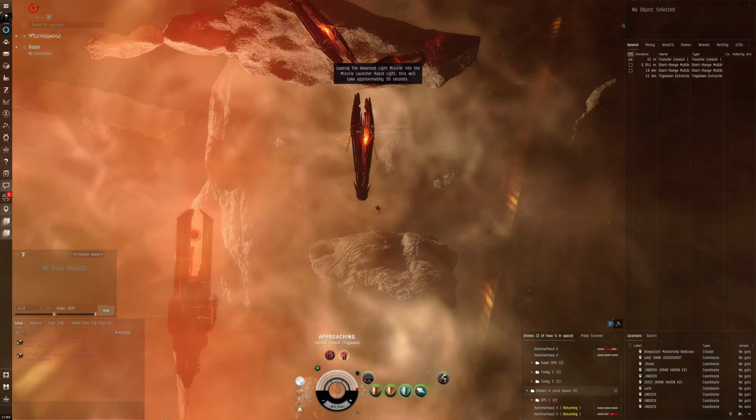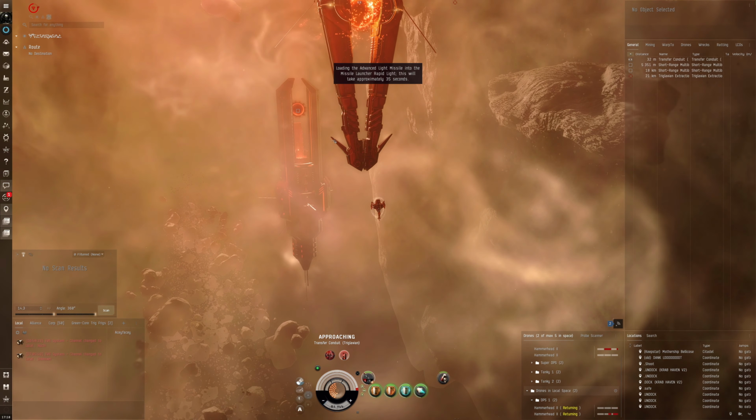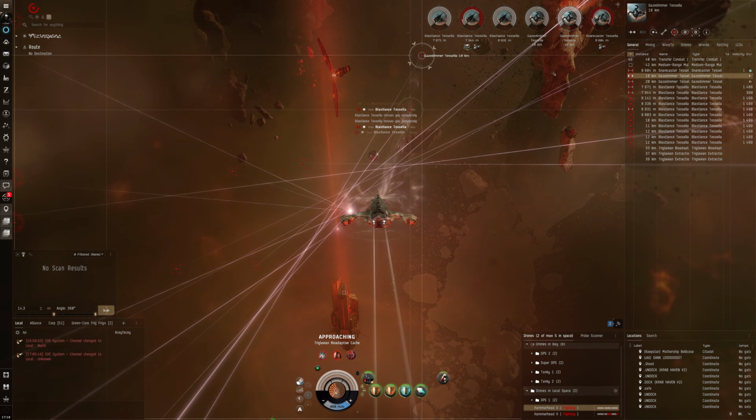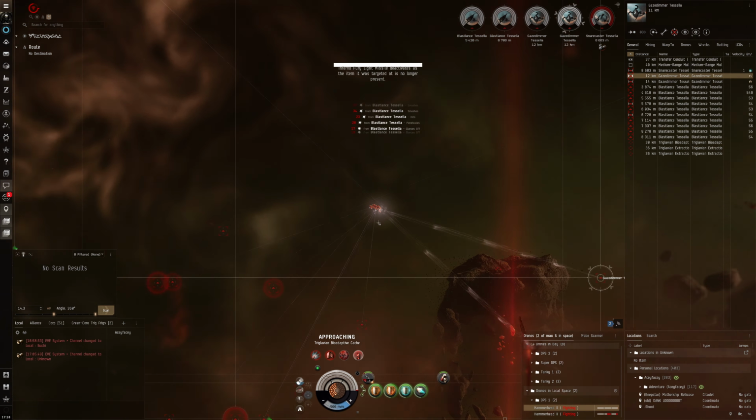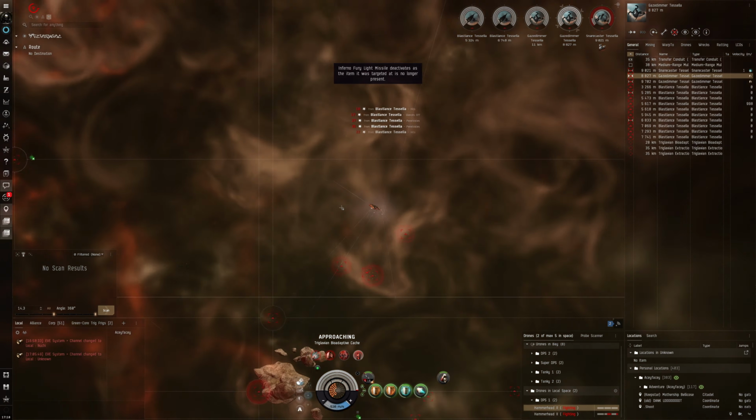Can reload the missiles and pop them. Are there any more aspects that we can explore that are maybe